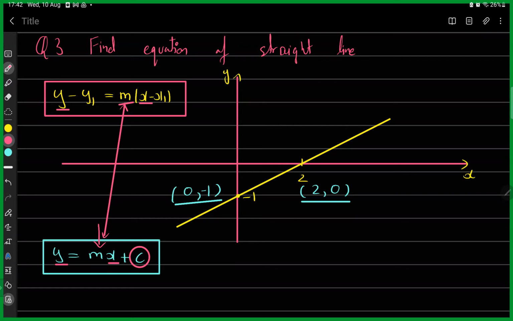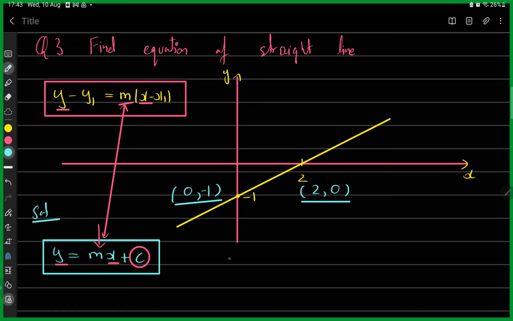It's y2 minus y1 over x2 minus x1. That's fine. Okay, very good, Urva. That's correct. The c is basically your y-intercept. So if, let's say, the y-intercept is given, or if by looking at the graph you are easily able to identify the y-intercept, you're only supposed to find the gradient and just plug in the gradient and the y-intercept. For example, if we do this question using this formula,